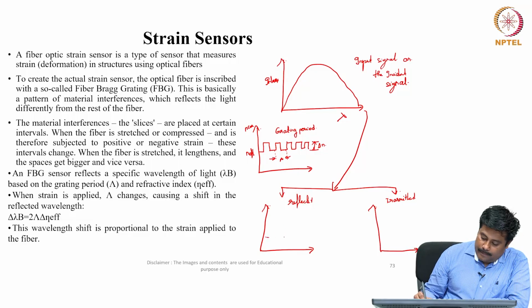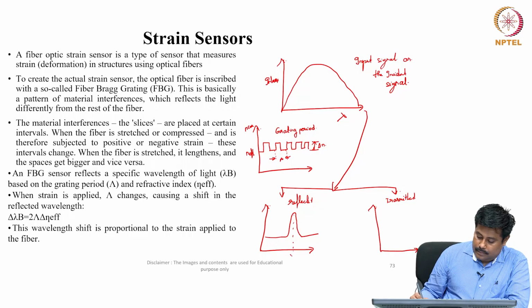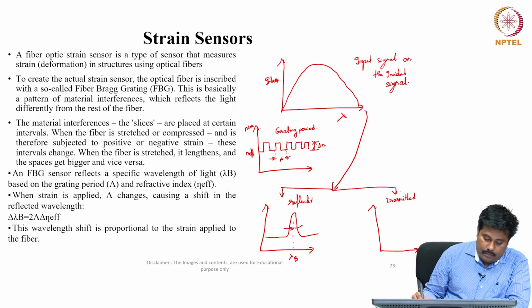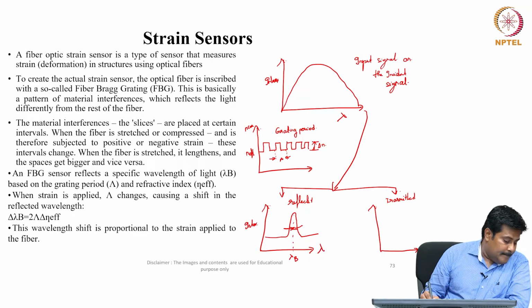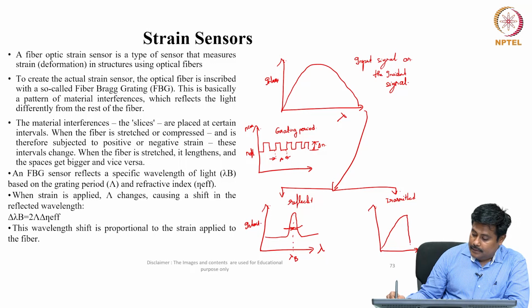So, it is a kind of an intensity. This is from the reflected light. In the case of a transmitted light,